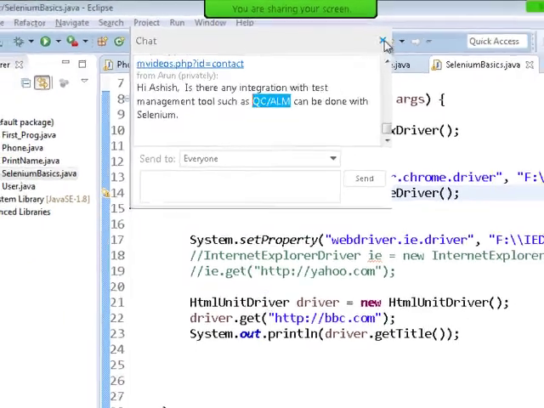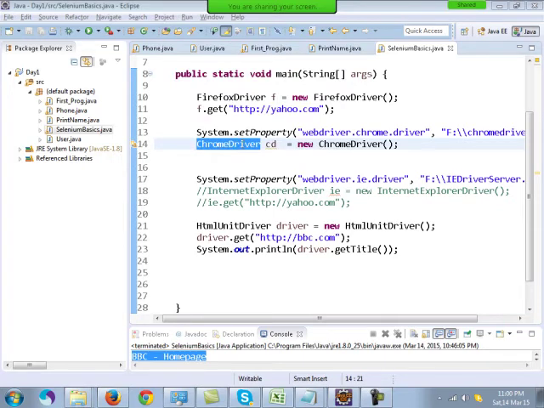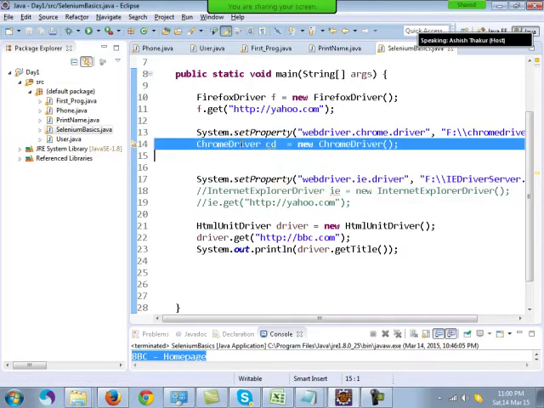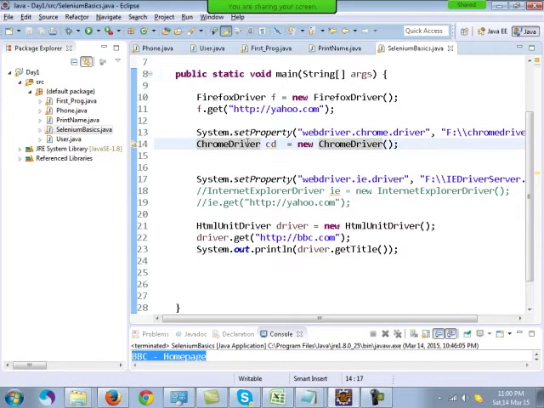Now HP does not say that Selenium cannot connect, but it also doesn't give us the libraries to connect. If you want to connect Selenium, which is an open source, non-HP tool, to Quality Center, you can do it, but it is something like making your own Selenium. There is a lot of coding involved. You have to make a complete framework or setup tool which can do that. You have to use OTA, Open Test Architecture of Quality Center, to do that.